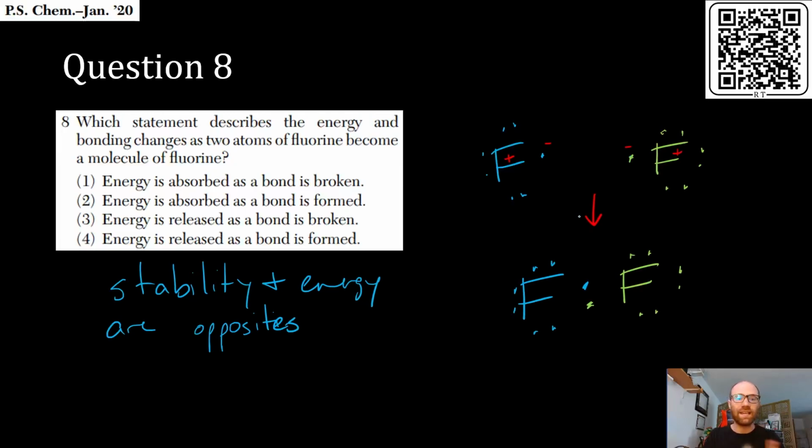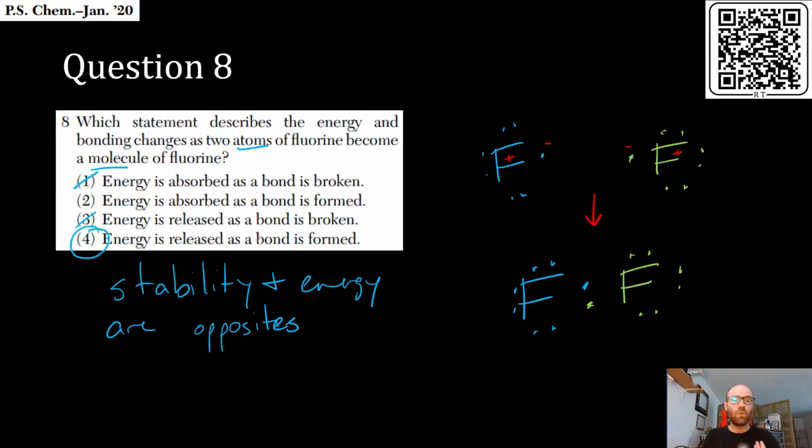So at the very least, I can be sure that a bond is formed as 2 atoms become a molecule. So we're going to get rid of 1 and 3 really quick because those are breaking bonds. So the question is, does forming the bond release energy or absorb energy? So again, stability being our standpoint, as you bond, you become more stable. Those attractions are allowed to work, and you make something that's more stable at a lower energy, so energy is